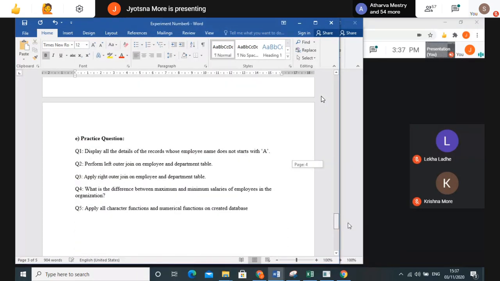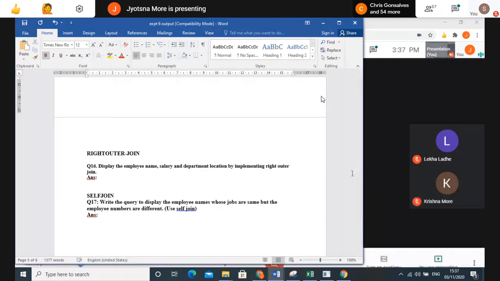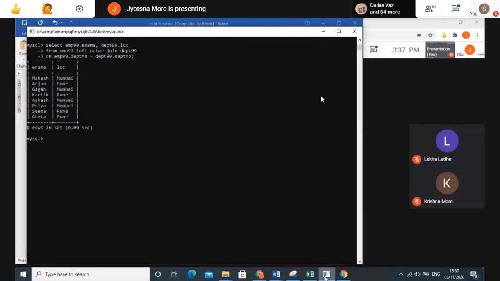In this I have added: perform left outer join on the employee and department tables. When you perform this, do one thing: instead of selecting specific attributes, select star, that is, the complete table. We want the left outer join. That is your practice question. You can try out that query and result. All of you complete this with the left outer join.